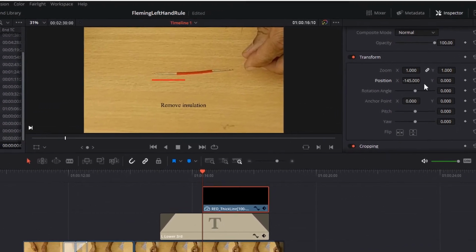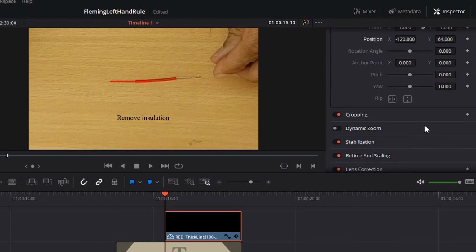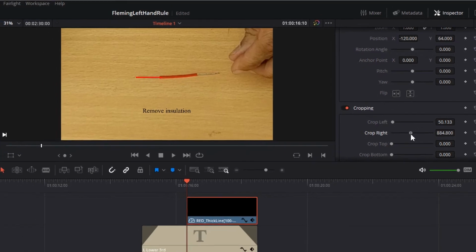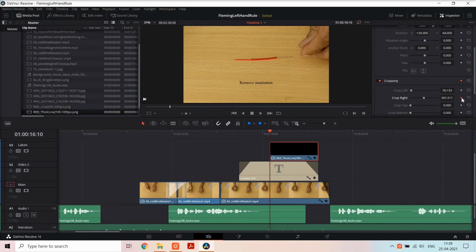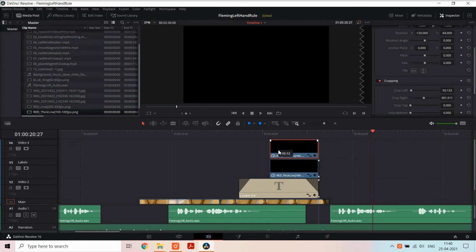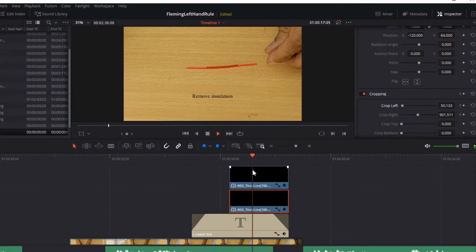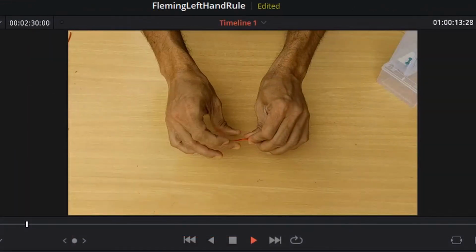With the help of the editor and timeline, we can instruct software to mark the start and end position for each red line. Remove insulation from both ends.